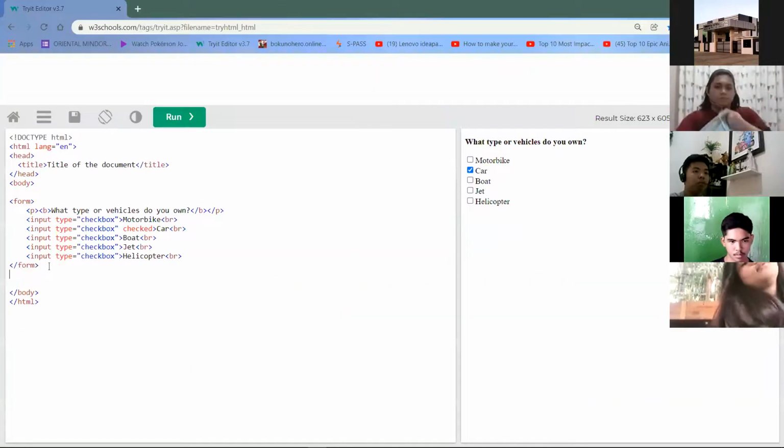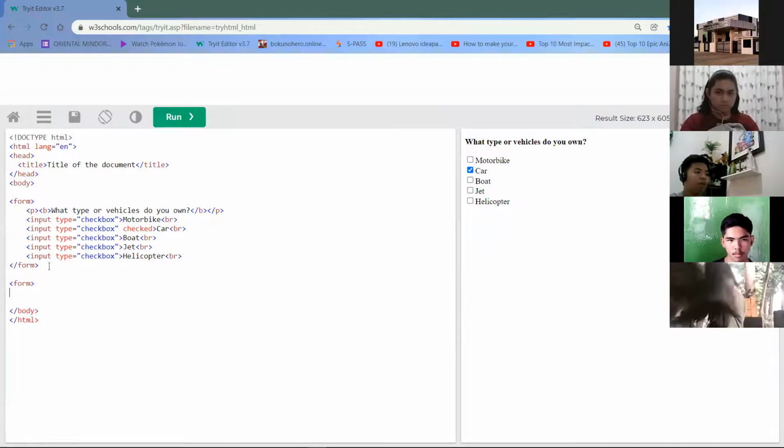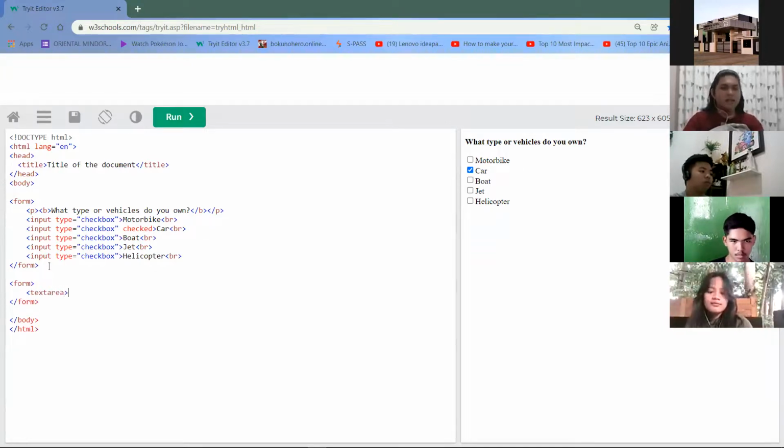Let's apply it right below. So let's have another form, then textarea, and then its rows